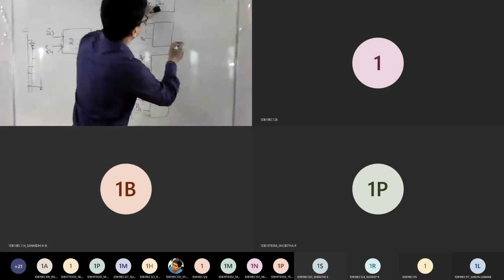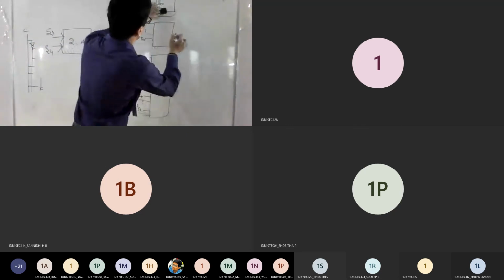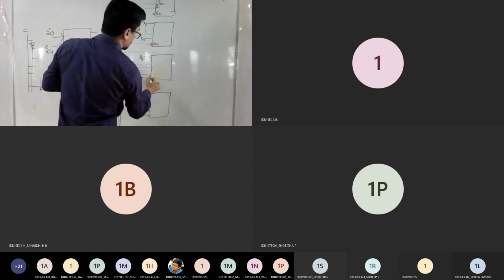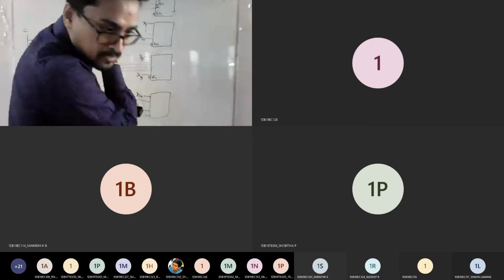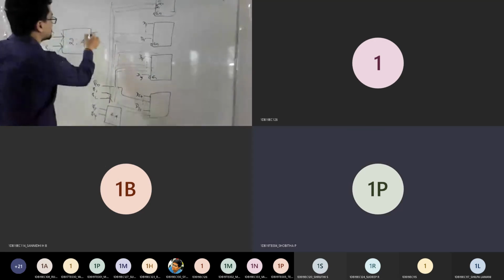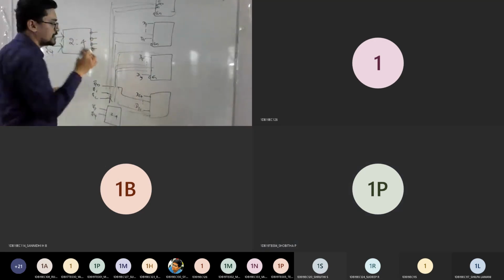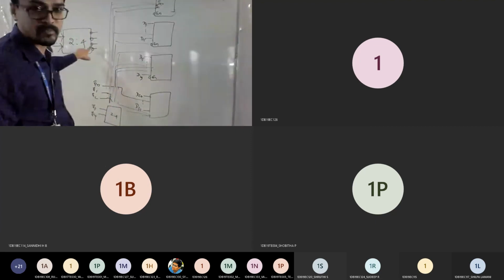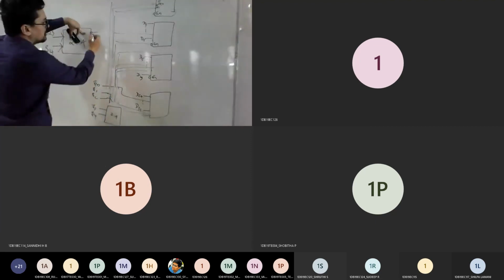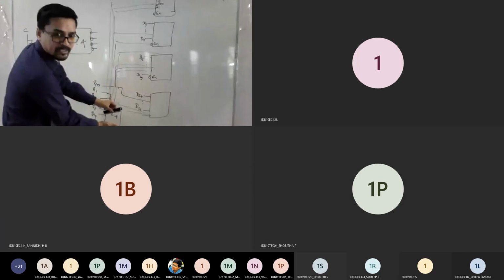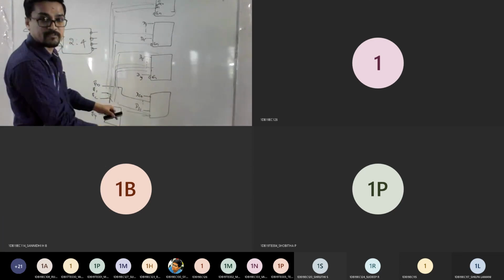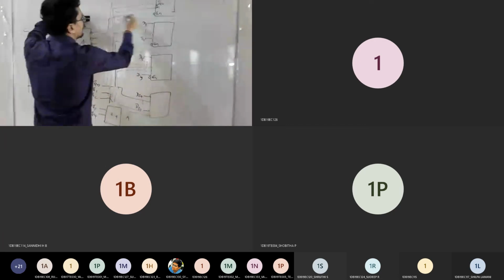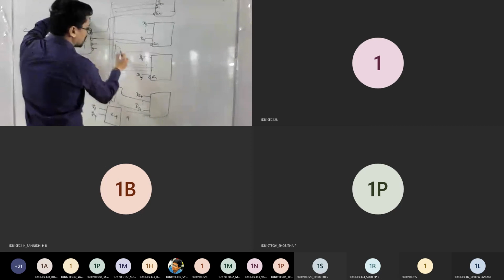So each 8:1 has one enable pin. Correct or wrong? So there is an enable pin in each. Yes or no? Correct? See, I hope you remember there is a bubble involved in your decoder. Yes, sir. A bubble complement, right? So now what you should do, connect all the, see this part you write below only, otherwise confusion will happen. So below this, here I am showing here. That's all. Okay. So connect this to each enable pin of 8:1 mux.